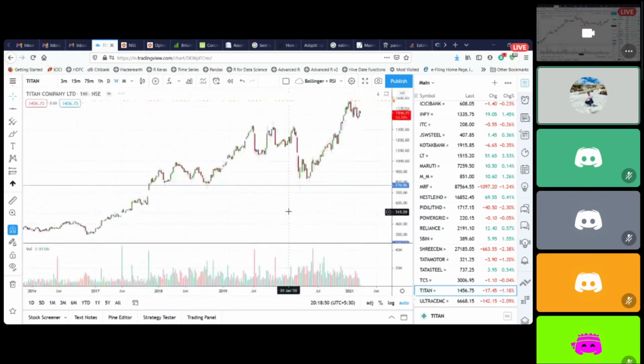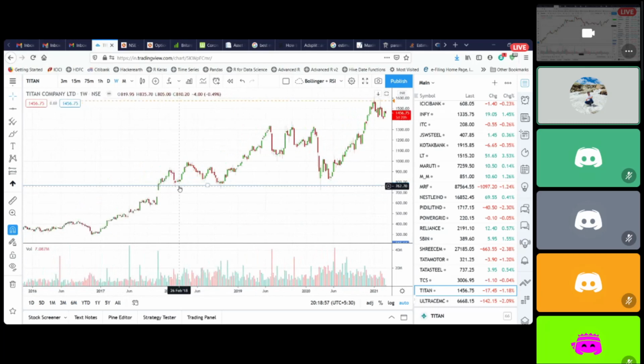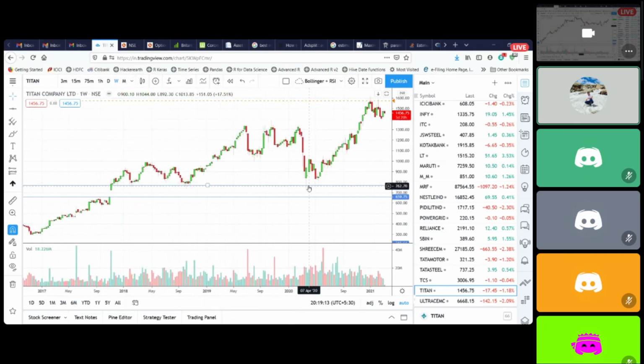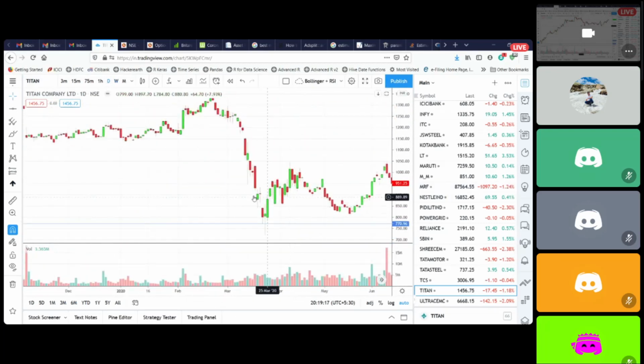Titan. Okay. Same thing in Titan. See, this was the long-term thing. Multiple bottoms here at 770, and this was the gap till 650. So 770 to 650 becomes an important support zone in Titan. So when Titan is falling big, then you start looking out for entries in this zone. So it just entered the zone and immediately shot up from here significantly.